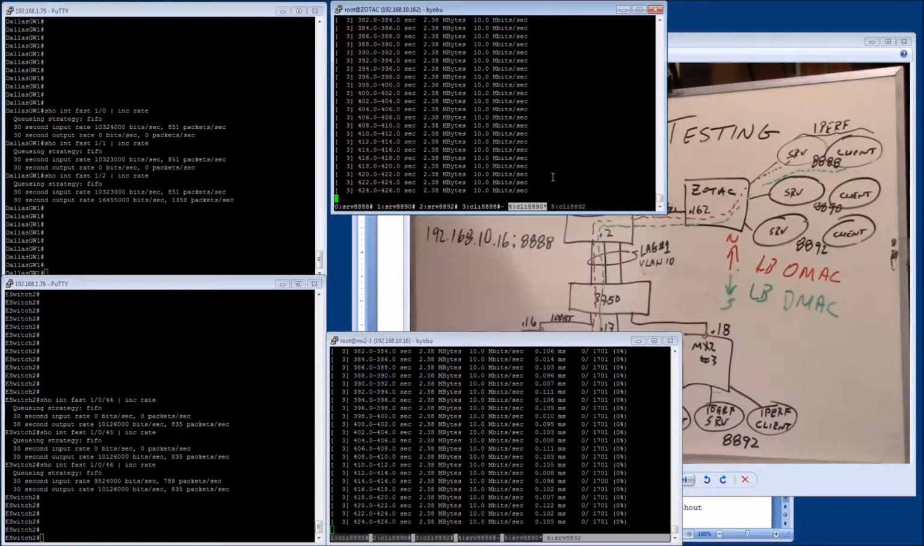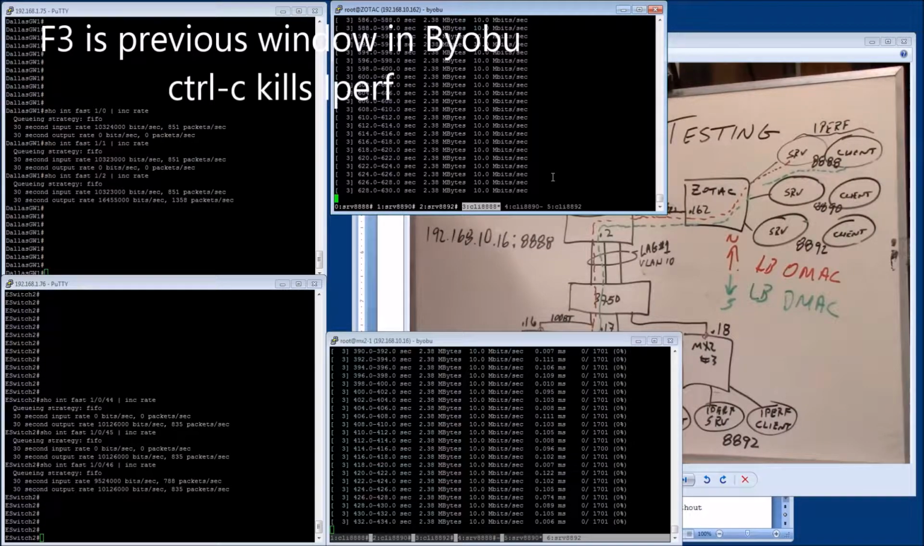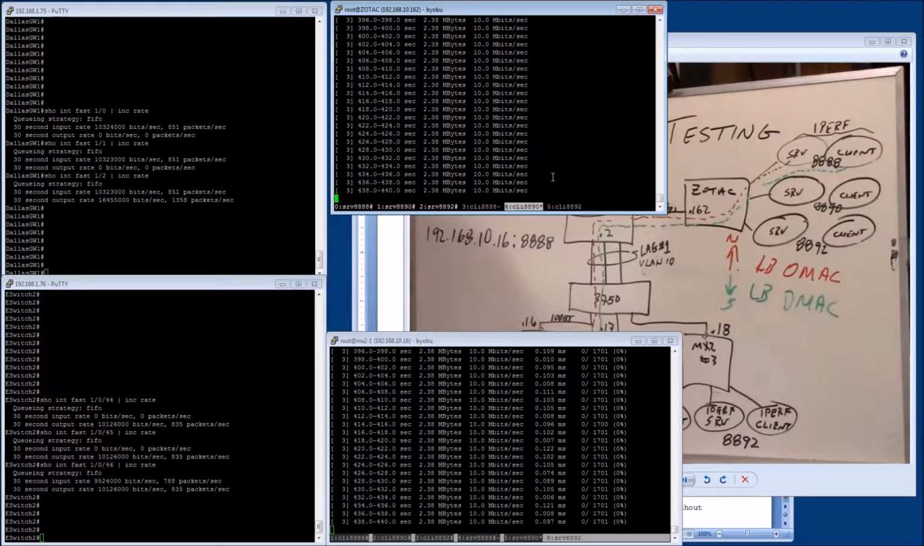And by the way, I thought maybe I should show you how to stop them. So we just want to stop it on all the clients. I'm going to use F3 to go backwards, and you just press Control-C to stop the traffic. F4, Control-C. Okay, so that's coming from the Zotac to the